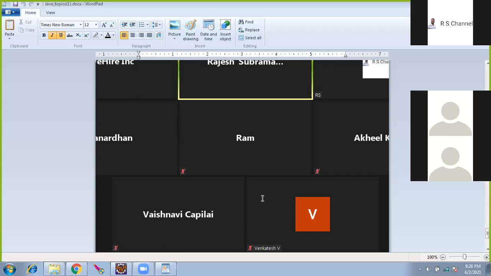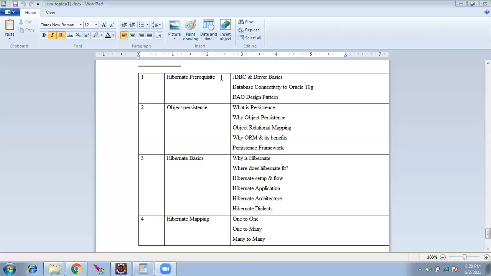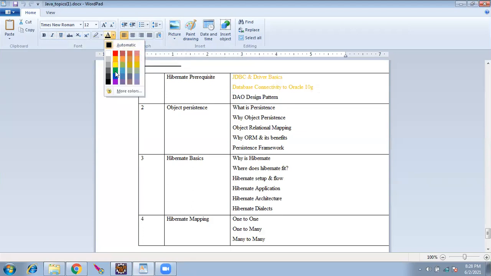Okay, so Hibernate, JDBC driver basics, design patterns are something huge. That itself is a different story. I'll try to cover that at the end. We have nearly 10 plus design patterns. It will be too high a concept, but I'll try to accommodate one or two basic design patterns because that is commonly asked in interviews: what design patterns do you use?